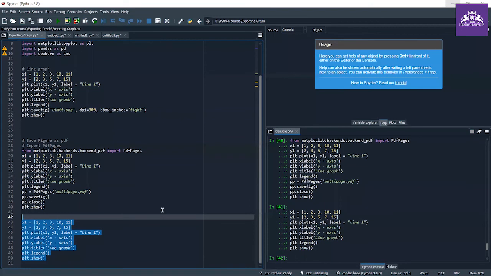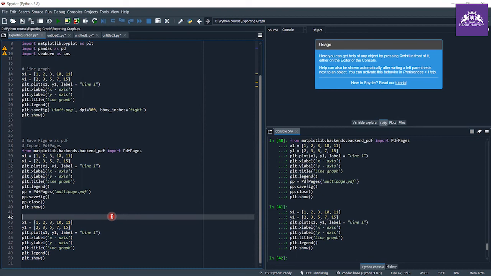So you can save these plots in these three methods, and all three methods are enough to save any image that you are showing.